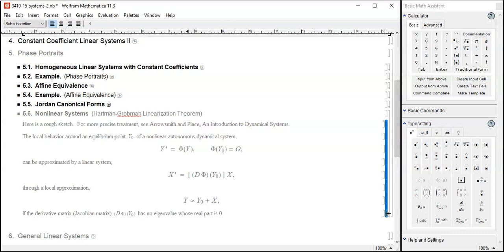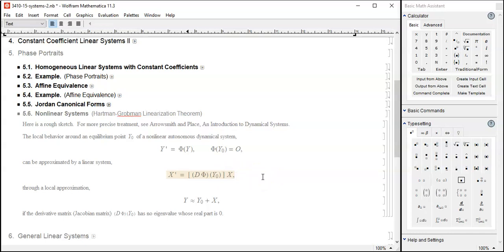We have several gradients put together and we have a matrix, and that's what we call the derivative matrix. And that derivative matrix plays the role of that A. So even if you have something really complicated, a nonlinear system, around the equilibrium we can approximate it by the linear system,